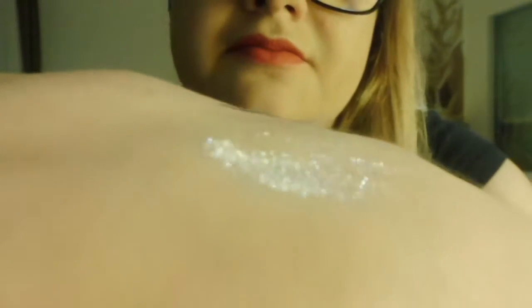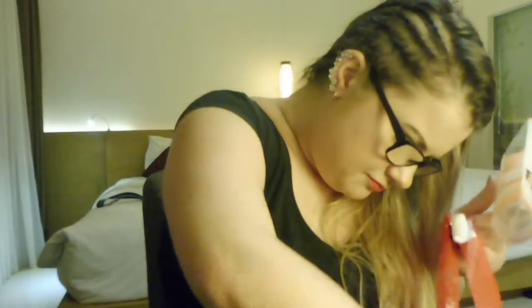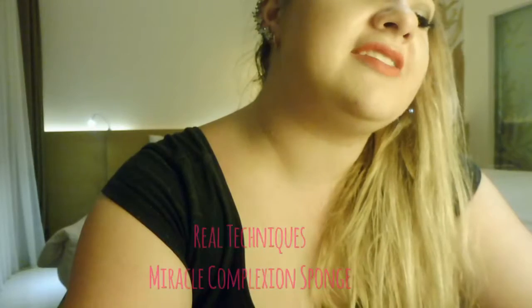This is actually part of what I'm wearing, my eyeshadow. And then I went to Sogo, their department store, and I got, speaking of sponges, I don't need those anymore, the Real Techniques Miracle Complexion Sponge, and I might do a comparison of the Beauty Blender and the